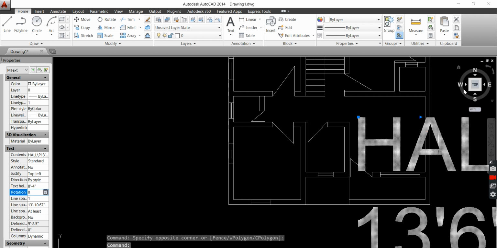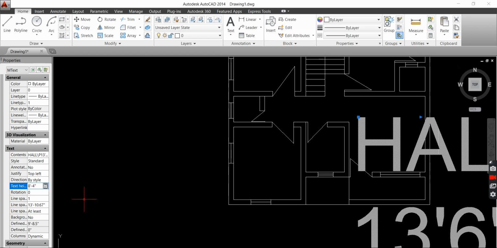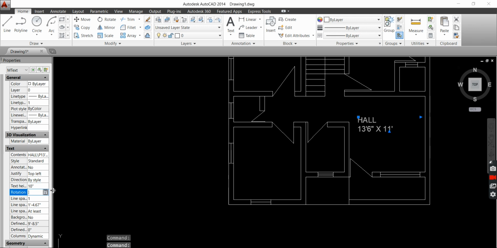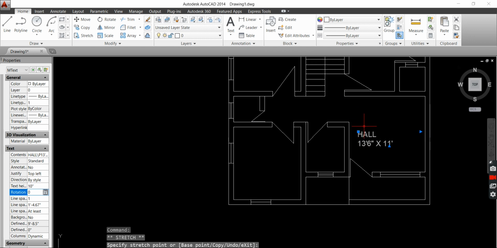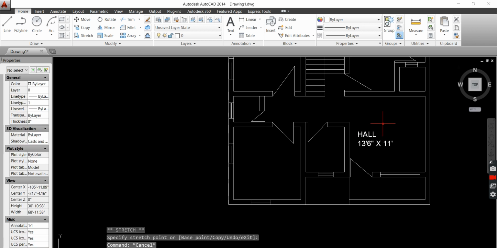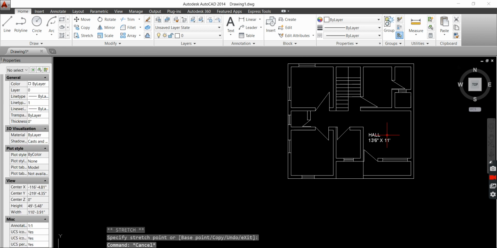Sorry, it is very large. I will set it smaller. Okay, this will be sufficient. And we got the dimensions. In that way we should set all the dimensions.